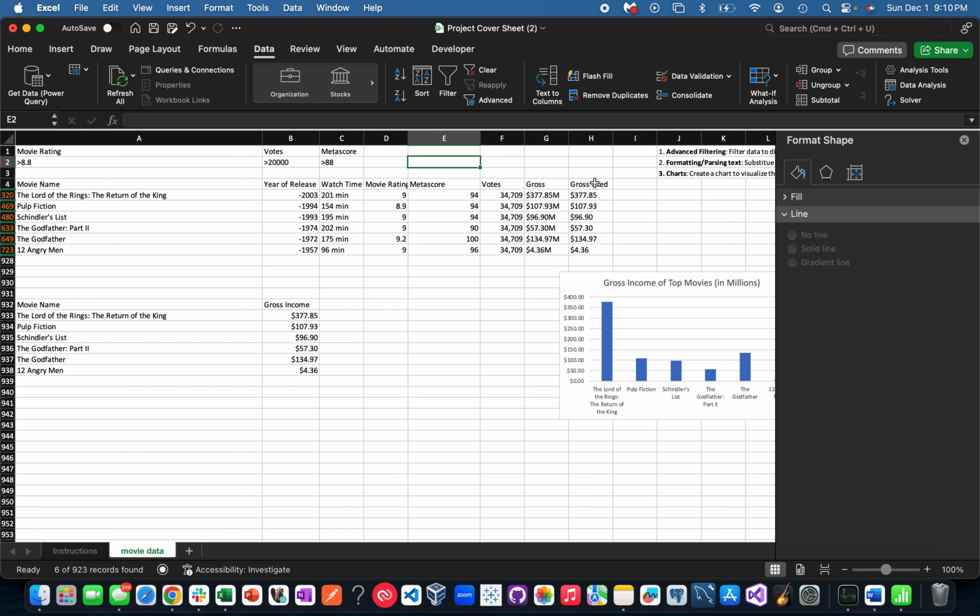I also added a new column where I fixed the gross column to substitute the M for just a blank. So I do that in this function here, a substitute. And this is the concept of formatting or parsing the text. If we have an M in there, it's used as a text, and then we can't use it in our chart later on. So I changed that, and then I copied that array of numbers down to this gross income,